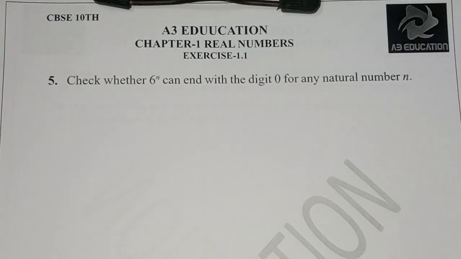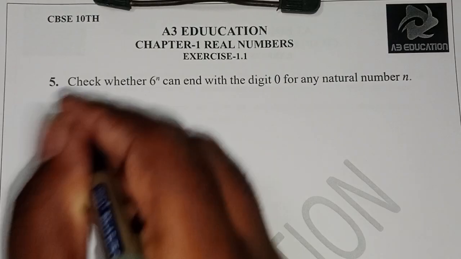This is a very easy sum. It is similar to example 1 as we studied in our video. You can refer to my playlist. Check whether 6 power n ends with the digit 0 for any natural number n. Okay. Given